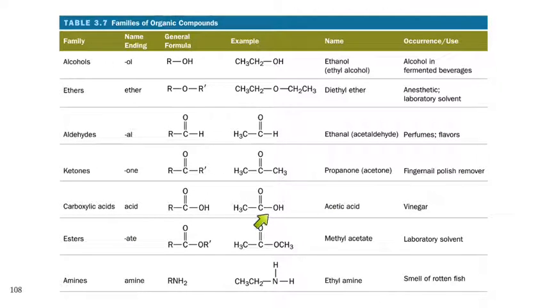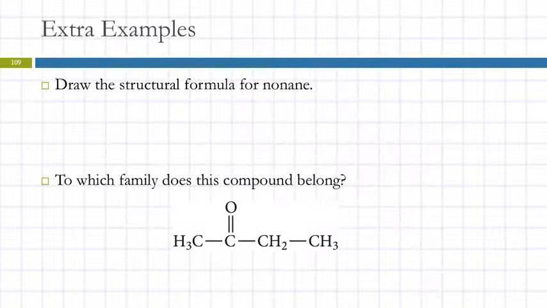They're kind of like a combination of an aldehyde and an alcohol because they've got this double bond with the oxygen, and then they've got this OH group. And then esters have that double bonded oxygen there, and then there's another oxygen thrown in here. And then the amines contain nitrogen instead of one of the carbons. So that's a very brief introduction to families of organic compounds.